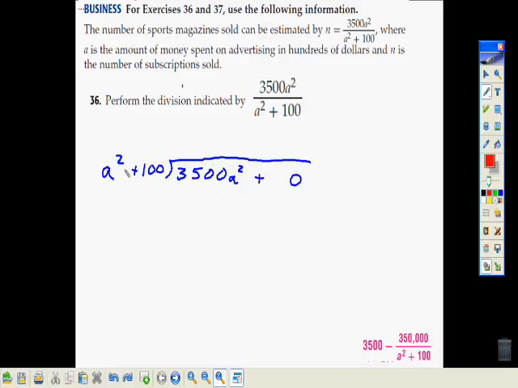The whole thing divided by the denominator. I'm going to just add plus 0 just to fill in the space. I don't need an a term because this is starting with a squared. It's kind of skipping the a squared. And so if I divide into this,